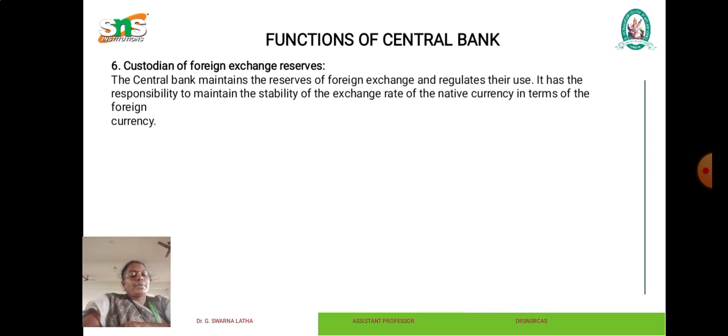Nature of operation. The central bank issues paper notes and enjoys the monopoly power in this matter. The nature of operation of commercial banks is credit creation, and they cannot issue paper notes. Basis of operation in central banks: the basis of cash money issued is gold and foreign reserves. In commercial